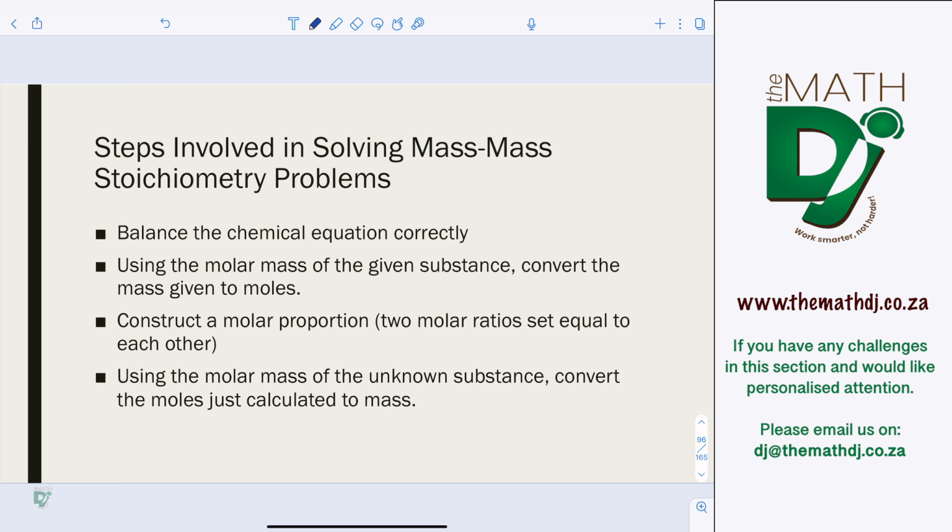First, you need to balance the equation correctly so that you can formulate important and accurate relationships between the reactants and the products. Using the molar mass of the given substance, convert the mass to moles. Then construct a molar proportion, like 2 molar ratio sets equal to each other. So using that one that we already did,